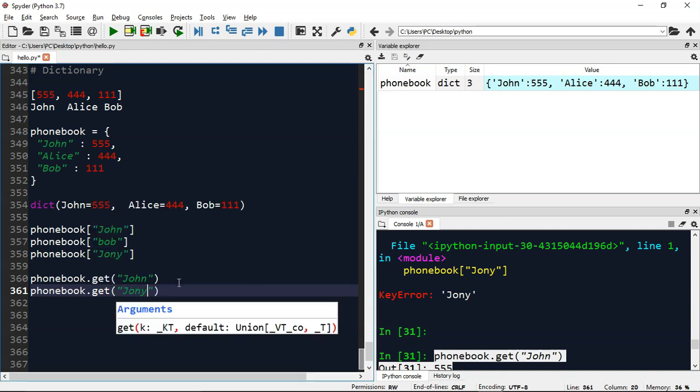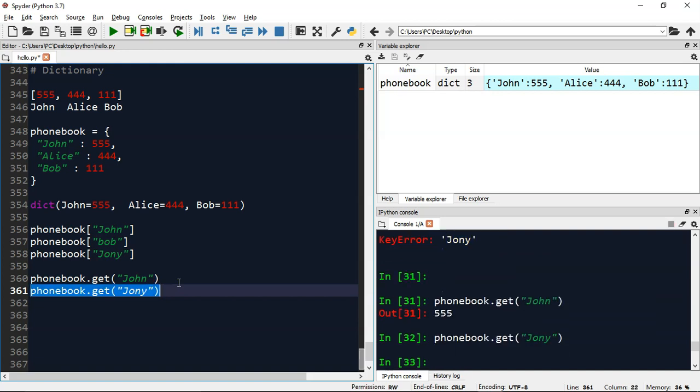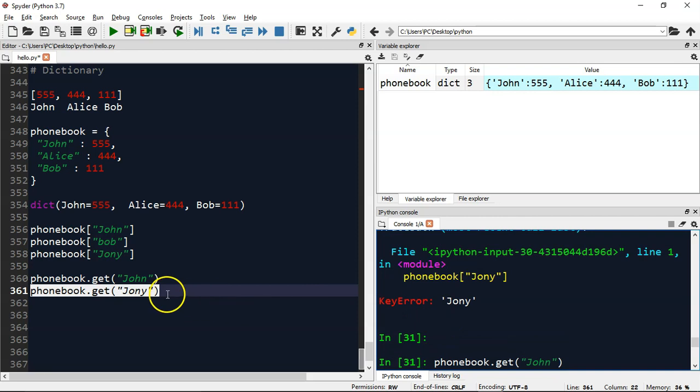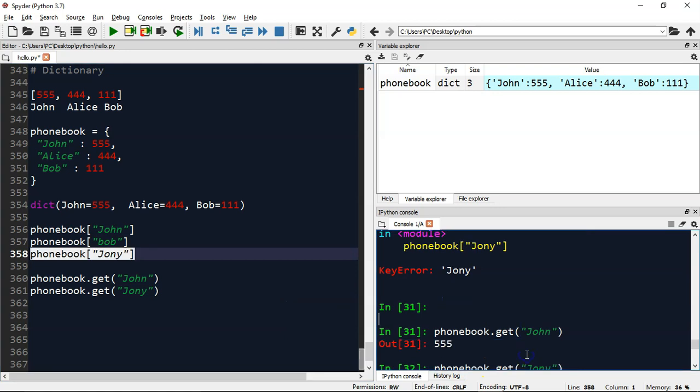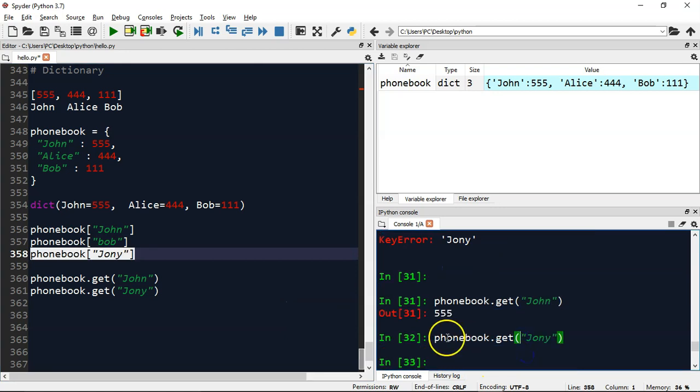So it is Johnny and I got nothing. That means it's None. So there is a difference between getting values this way and the other way: in the first way you immediately get a key error exception, whereas here you won't get a key error exception, instead you get None.